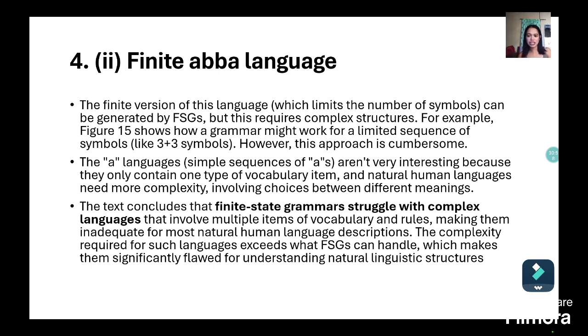Then the A language: simple sequences of A's aren't very interesting because they only contain one type of vocabulary item, and natural human languages need more complexity involving choices between different meanings. The text concludes that finite state grammars struggle with complex languages that involve multiple items of vocabulary and rules, making them inadequate for most natural human language description. The complexity required for such language exceeds what finite state grammars can handle, which makes them significantly flawed for understanding